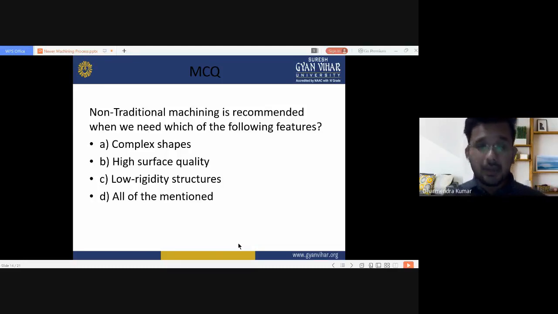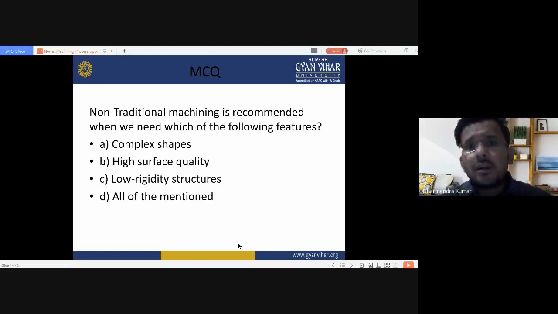After this chapter, we will discuss one by one which type of energy is used. We categorized earlier into groups like mechanical energy, electrical energy, and chemical energy, and on the basis of this, in the next lecture we will discuss the subcategories associated with mechanical energy, electrical energy, and the third type of subcategory associated with chemical energy. Now we are going to solve some multiple choice questions on the basis of this chapter.